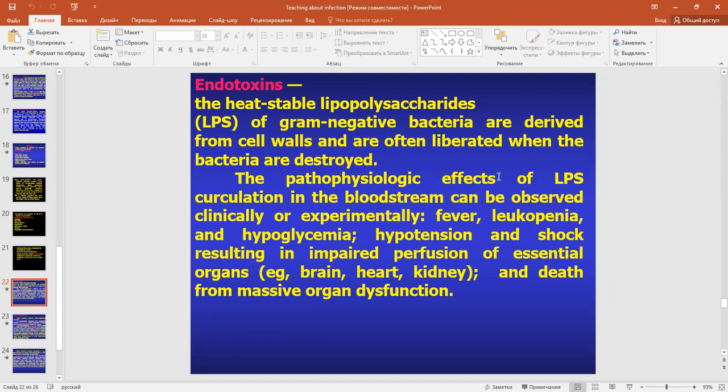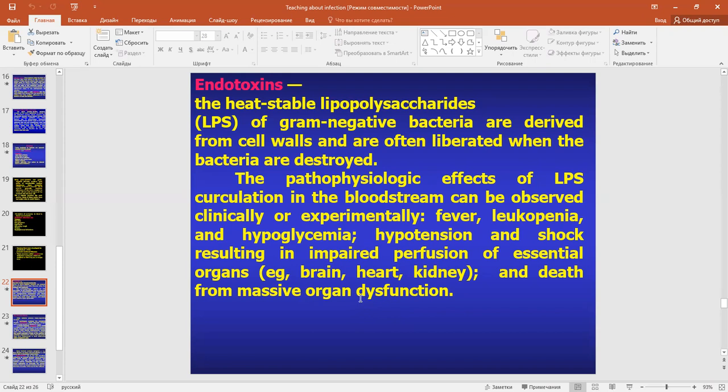The pathophysiological effects of LPS circulation in the bloodstream can be observed clinically or experimentally in laboratories: fever, leukopenia, hypoglycemia, hypotension, and shock, resulting in impaired perfusion of essential organs like the brain, heart, and kidney, and death from massive organ dysfunction. If a lot of gram-negative bacteria multiply in the human body, like for example meningococci, a gram-negative coccus,